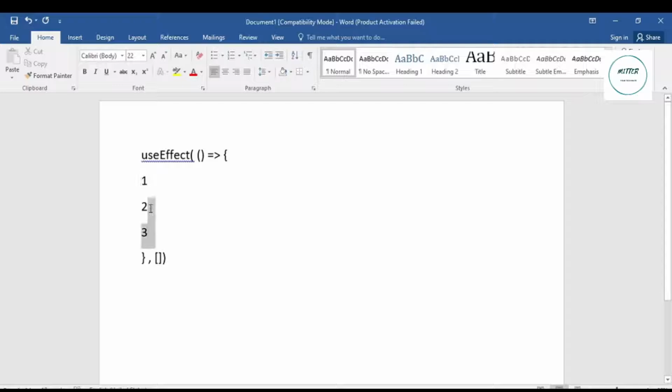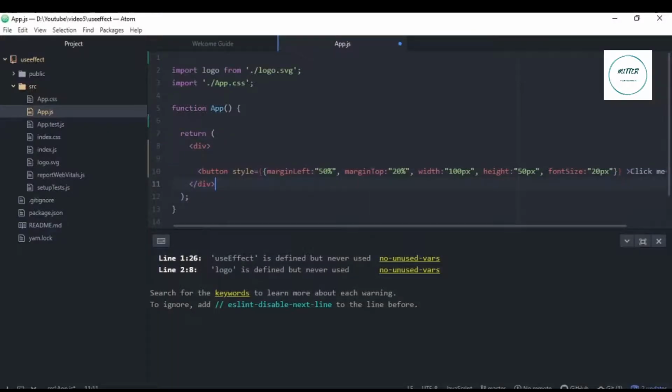Let's say I don't want these 3 lines of code to run all the time. I want to put some condition that if this event happens, then only these 3 lines of code should be running. Otherwise, they should not run at all, and these 3 lines will be just sitting there doing nothing much. So how do we specify these conditions? Basically, we use this array to specify those conditions. It will be hard to explain it without actually going into code, so let's jump directly to the code.